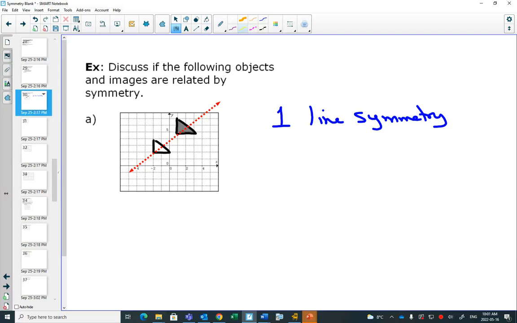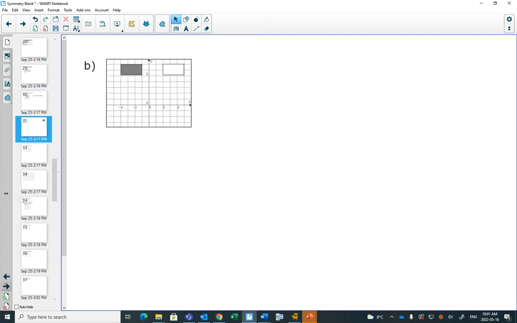What about rotation? Is there a way that you could rotate and it matches up? If I rotate it 180 degrees, so again, if I take this and try to rotate it, can you see that it points the wrong way? So this one has no rotational symmetry. Okay, so here,